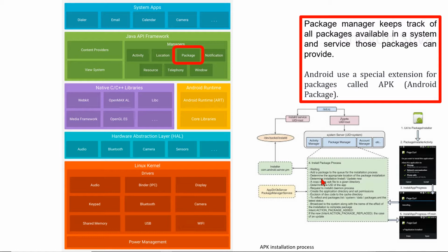determine the appropriate location of the package installation, determine install, update or new, a copy of the APK file to the given directory, determine the UID of the app, request to the install daemon process, create the application directory and set permissions, extraction of DEX code to the cache directory, and reflect the latest status in packages.list and system data packages.xml,